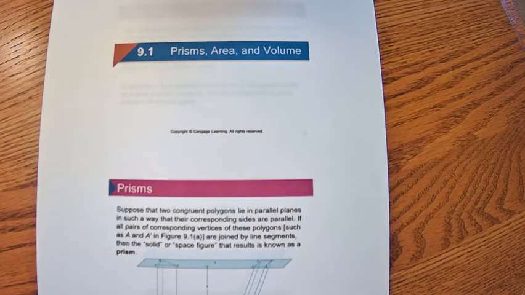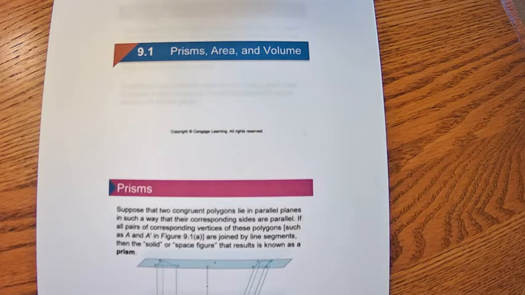Starting in Chapter 9, we're going to be talking about prisms, pyramids, cylinders and cones, and then we'll end with spheres and talking about how to find the surface area and the volume of these figures. All right, so first let's talk about prisms, which in the most general terms you can think of as a